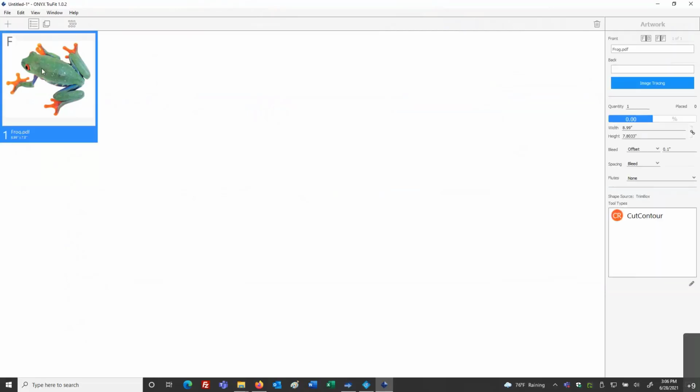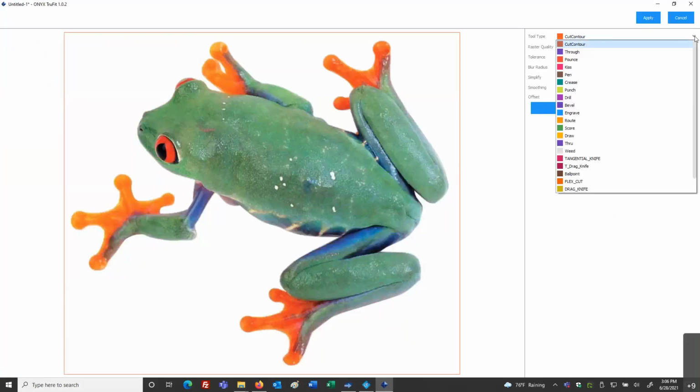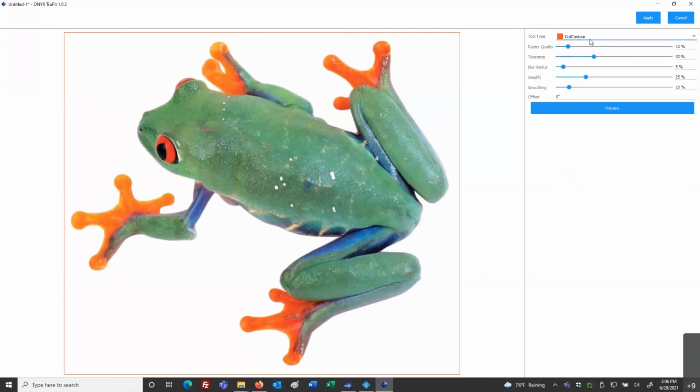Okay, so when we start out, I've got this one image I placed in here. I'm going to select the file, and for TrueFit to generate the contour shape, the cut path shape around this object, I'm going to go over here to the far upper right side of the screen where it says image tracing. So that's what they refer to that as, image tracing. At the very top, I can select from all of those tool types. I can select the type of tool setting I want to allow for the cut data to be seen for this file. So maybe for this example, I will pick cut contour.